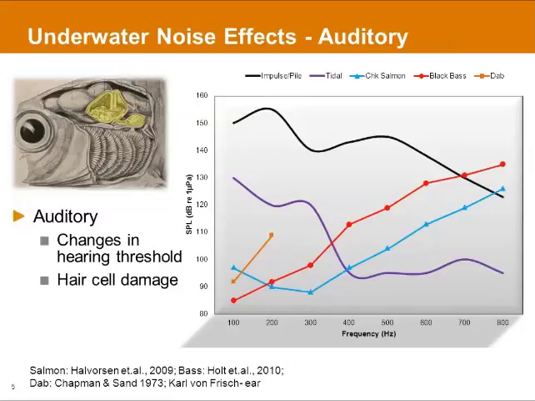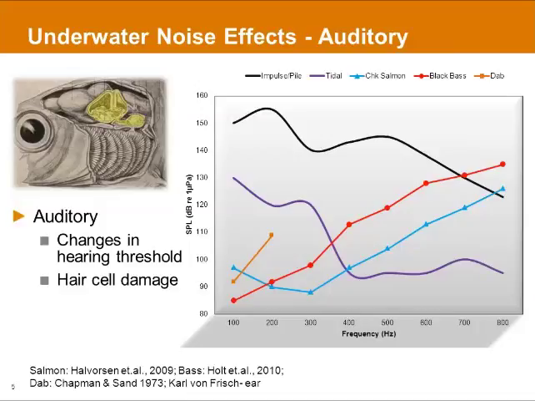And the metrics that are used to measure auditory changes are, one, to look at the sensory cell damage that's inside the ear, which are called hair cells. See if there's damage there. And the second way that's pretty common is to check the auditory sensitivity changes by comparing hearing sensitivity of control fish with hearing sensitivity of exposed fish. And I'll go into this more later. So this brings us into the graph on the right-hand side. There's a lot going on. We'll just break it down into a few pieces.